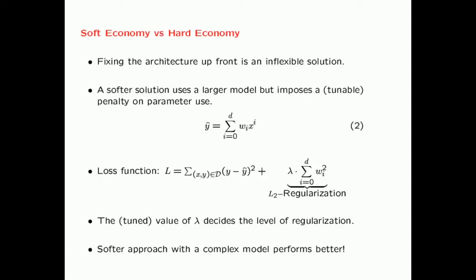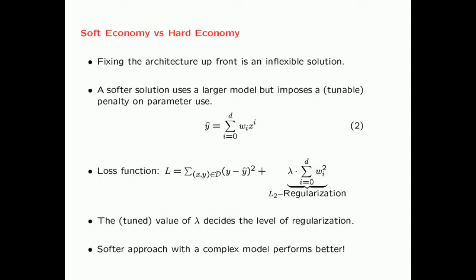However, the problem is that when you reduce the size of your neural network, you also reduce the power of your model. So here your main problem is that when you fix the architecture upfront, what you have is an inflexible solution. Now, an alternative solution, which is a softer solution, is to use a larger model but impose a tunable penalty on the parameter use. So instead of restricting the number of parameters you are using upfront, you add a penalty on using these parameters